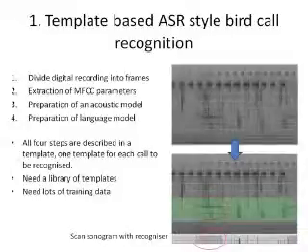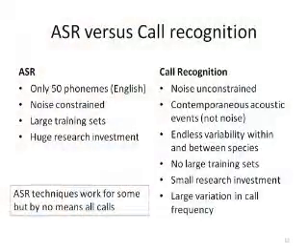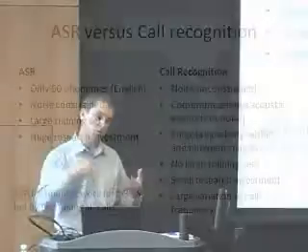So the first approach which we have is the automated speech processing one. It's really just using standard speech processing technology. It means that you have to have a template tuned, based on a lot of training data, to a particular call type. It works reasonably well for some calls, particularly for birds with very well-defined whistles, where you've got reasonably clean sound and not a lot of overlapping events. So we've successfully used it in some environments.